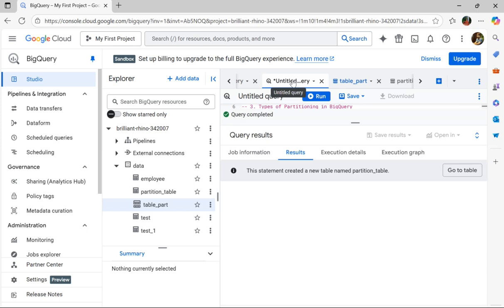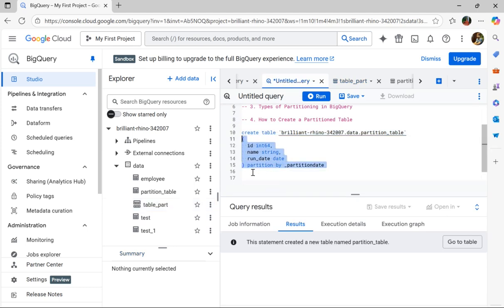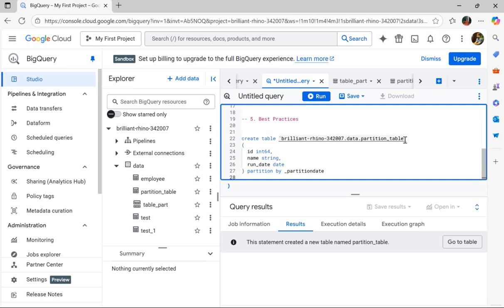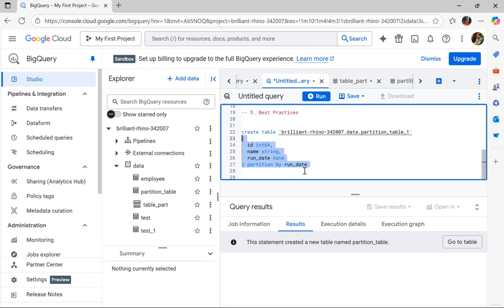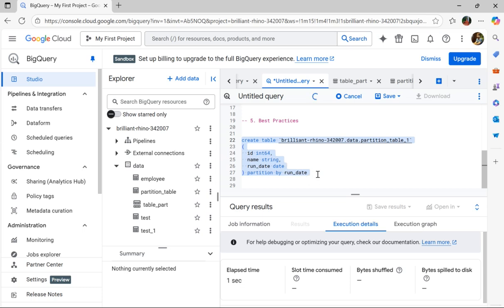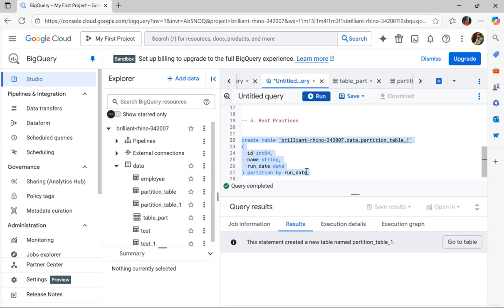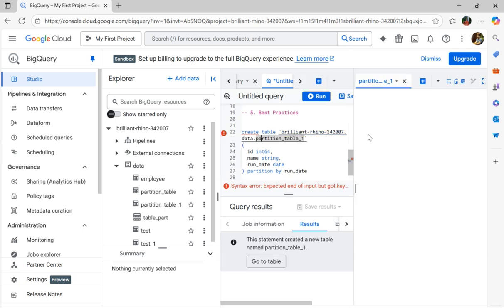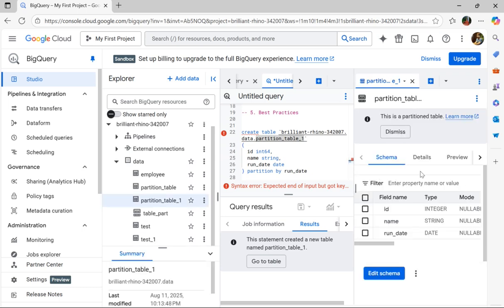Now let's say we want to create a table using a column approach. We will use the same query, and I will give it a name with underscore one, and here I can say create a partition on a column, which will be run date. With this we will be able to create partitions on a column basis. That is another type of partition we can create. In this case, the data that we insert will be partitioned based on the run date field, and the data will be stored in the respective directory. Now if you want to see the partition that is created for run date, we can click on this, but